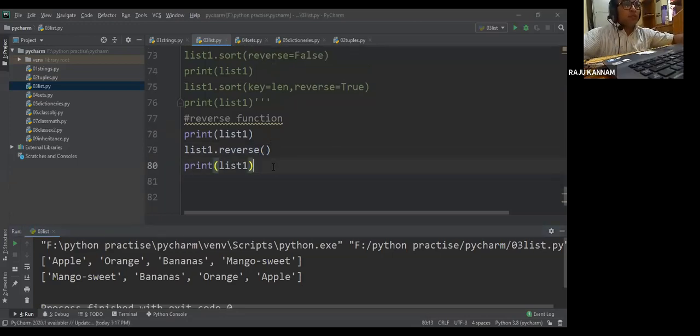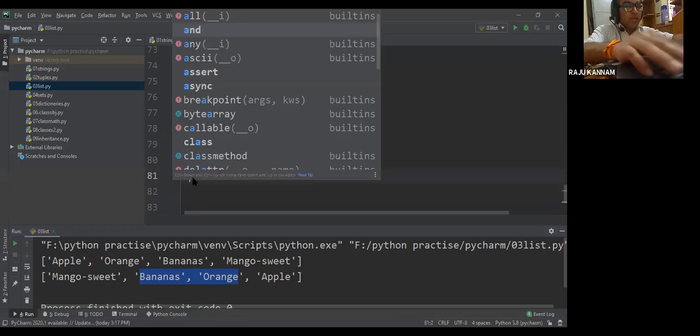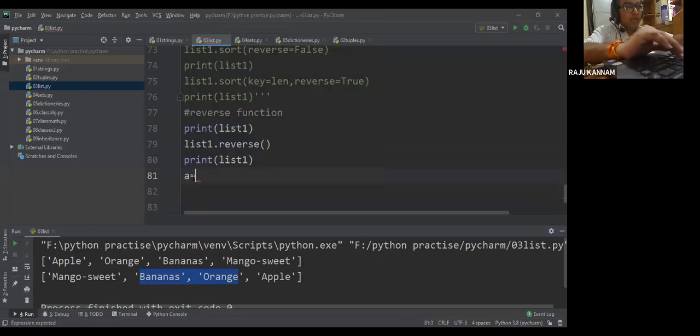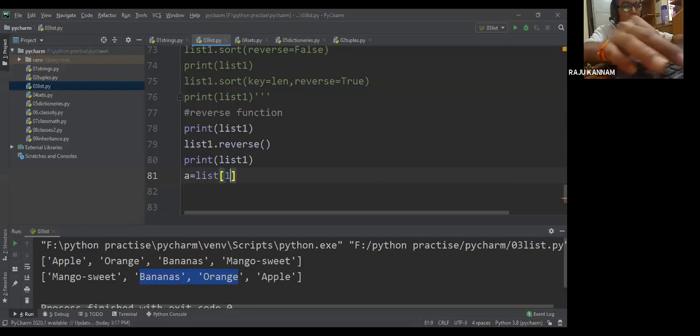Now, for example, if I want to exchange banana and orange, what I will do is take a variable called a. There I will copy list 1 of 1.